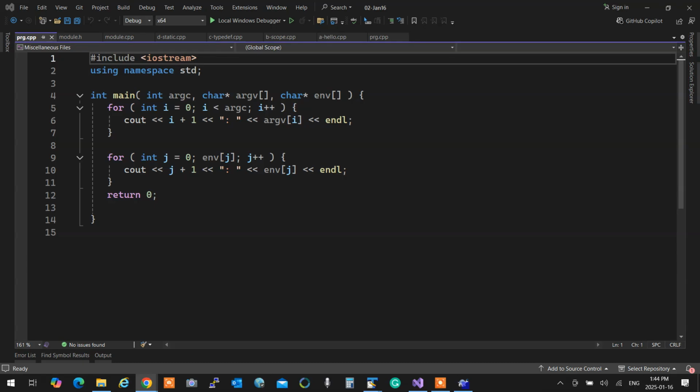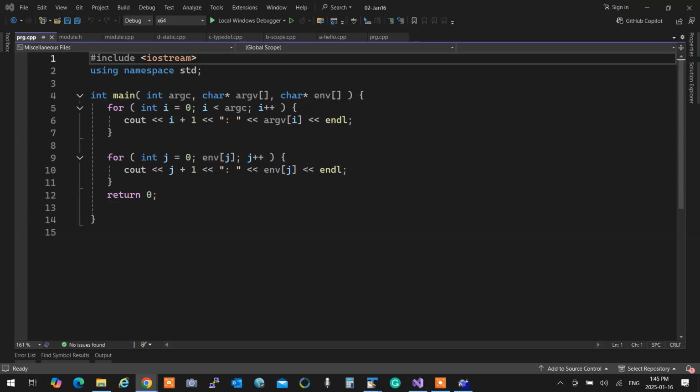Oh, hi, Professor. Hello. So what are the contents of argv? The argv is the arguments passed into the main function. Where do those arguments reside? You're absolutely right, they reside within the main function, if that's what you're asking.